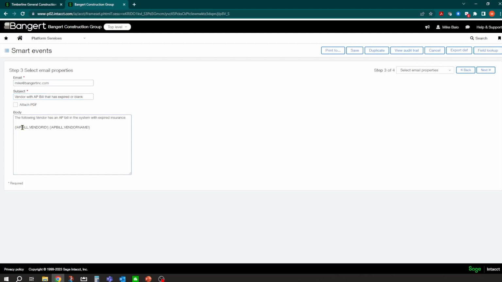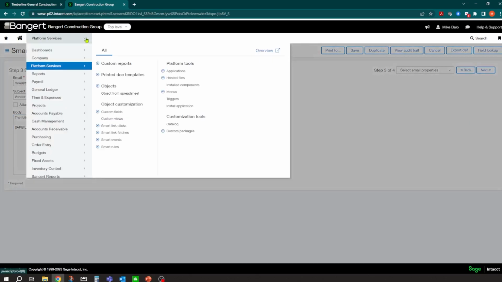and a little reminder that says, hey, someone put an AP bill in, but that vendor has expired insurance. So you can do that type of stuff. And really the sky's the limit on these. I'm not going to spend too much time in here, but out of the box within construction payroll, no fancy other subcontract management solutions, you can kind of make your own little alert and error check for subcontracts.